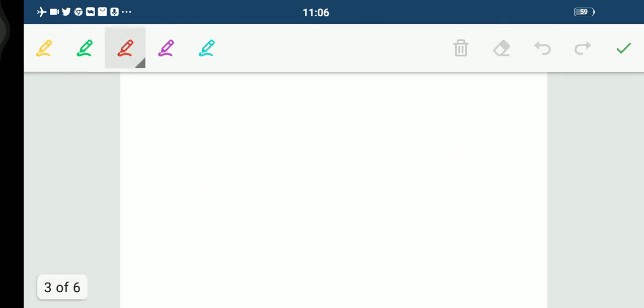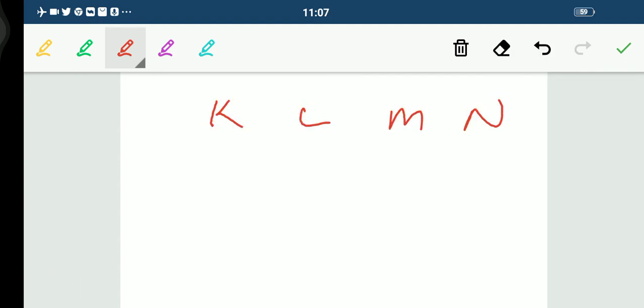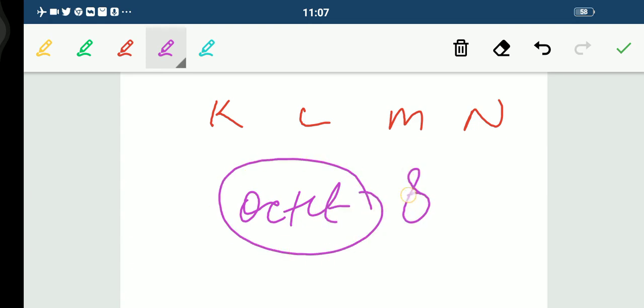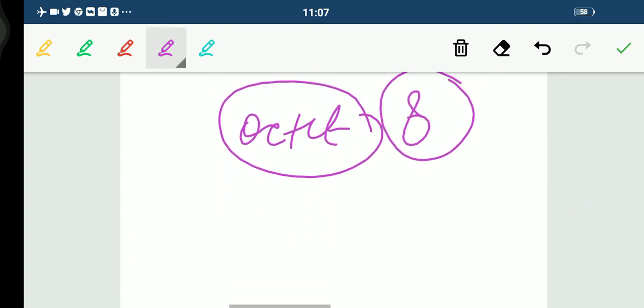So we have the electronic configuration of different elements. Fine. We have 4 shells represented by K, L, M, N, in which 2, 8, 18, 32 electrons can be accommodated. Remember this thing, according to your class, always remember, if any element has an octet configuration, that is 8 electrons in its outermost shell, that element is said to be stable.